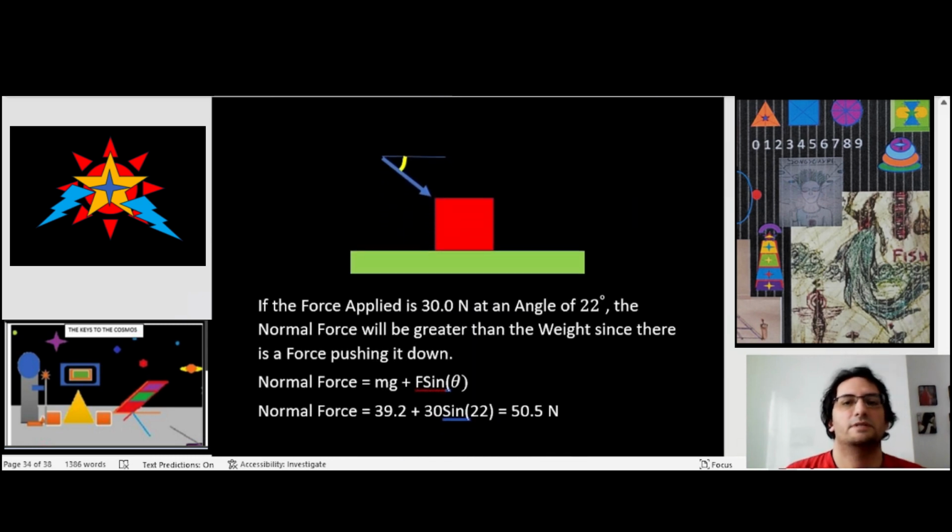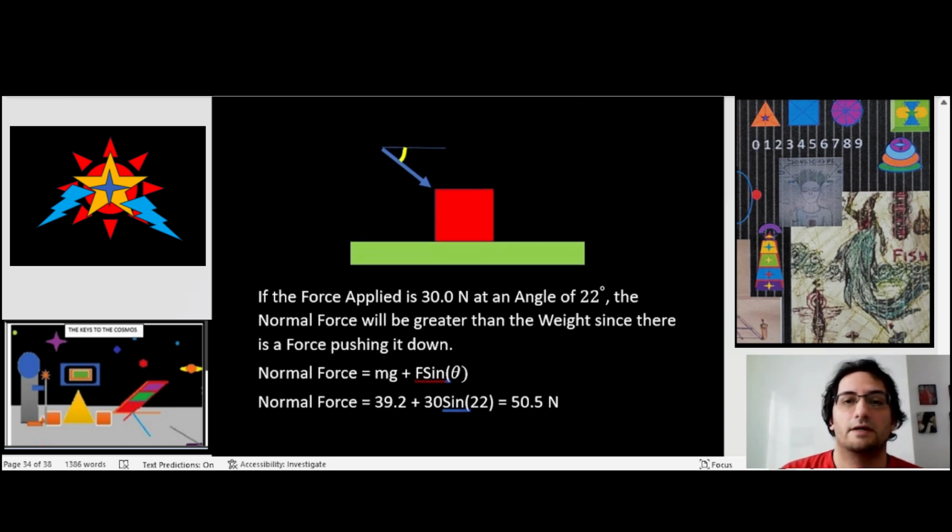But since the force applied is 30 newtons at an angle of 22 degrees, the normal force will be greater than the weight, since there is a force pushing it down. And the normal force equation is mg plus F sine of theta. So 39.2 plus 30 sine of 22, which gives us 50.5 newtons, which is greater than 39.2. Notice that if the angle is 0,